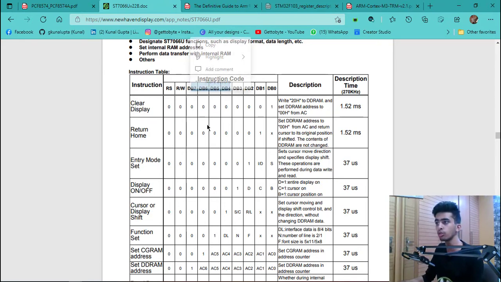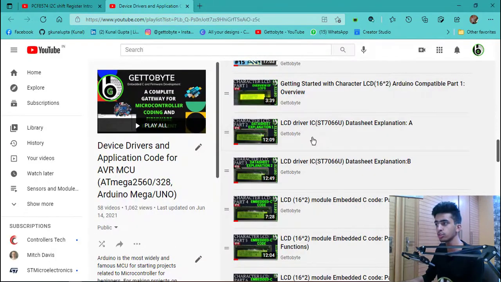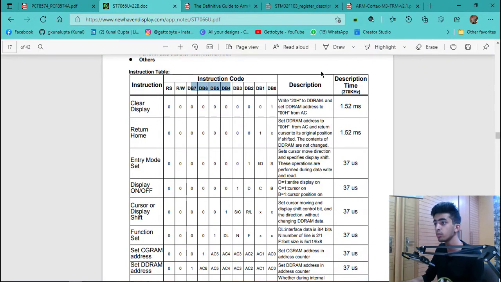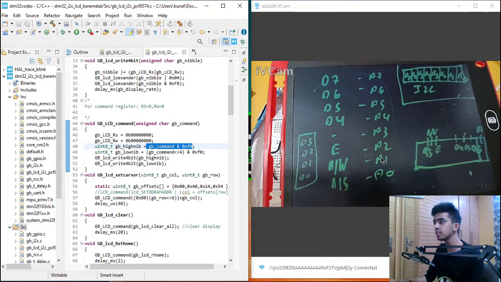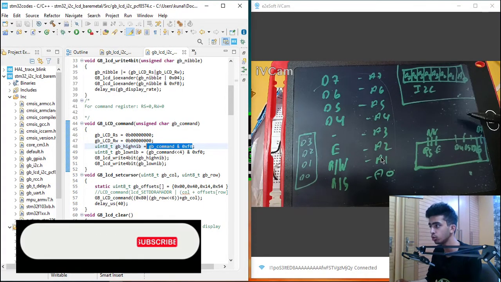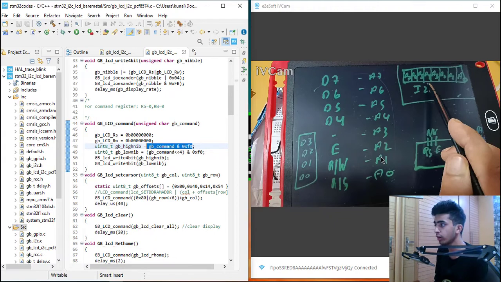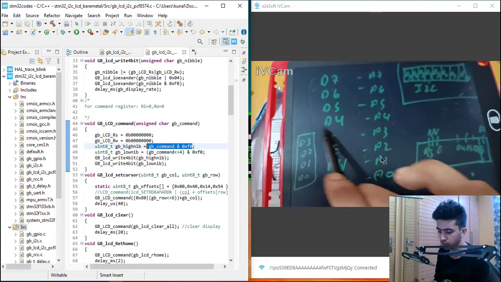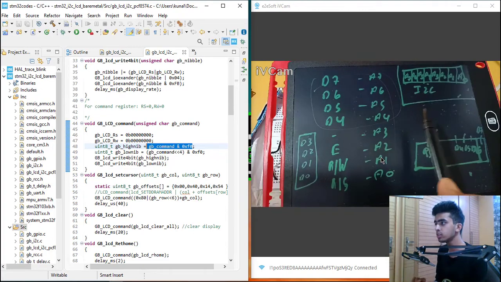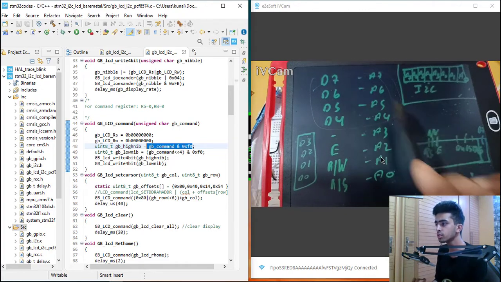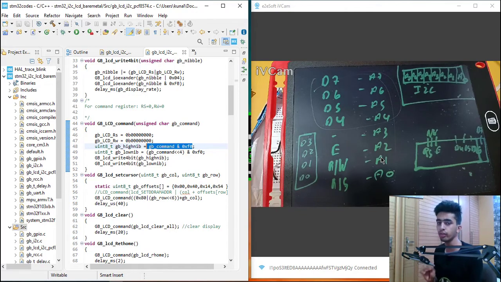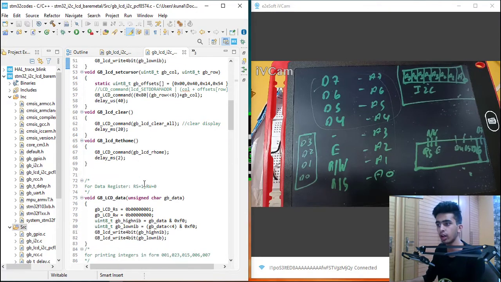You can get to know more about this in the videos which I have proposed for the LCD screen data sheet explanation. Now, as we all know, our LCD screen is connected to our I2C module, and the A7 to A4 data of our I2C byte will be transferred from serial to parallel to the DB4 to DB7 pins of my LCD screen. So we are going to operate in 4-bit mode only. First we need to send the high nibble and then the low nibble, and that is what we are going to do in the LCD command and data registers.